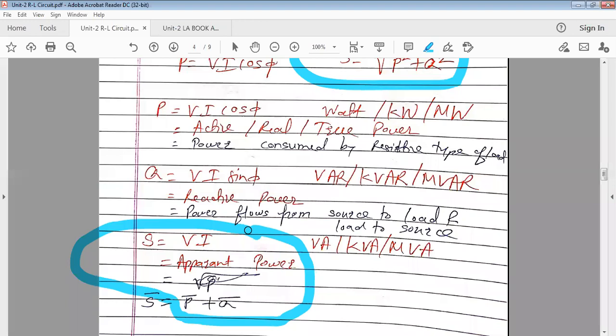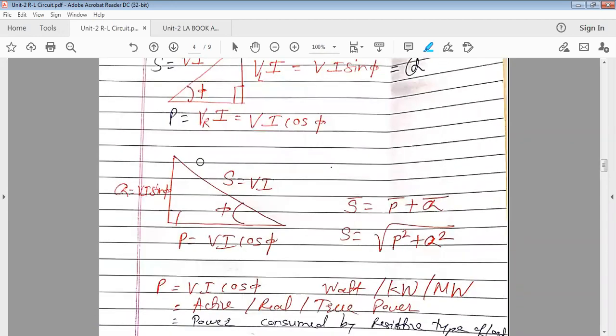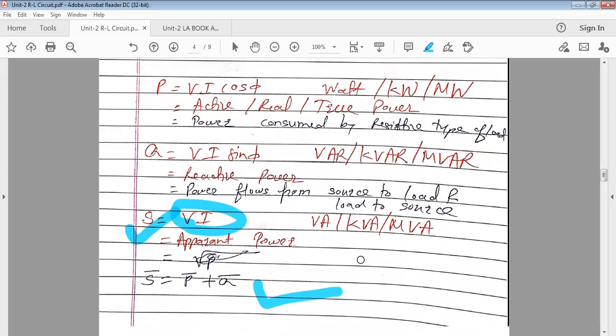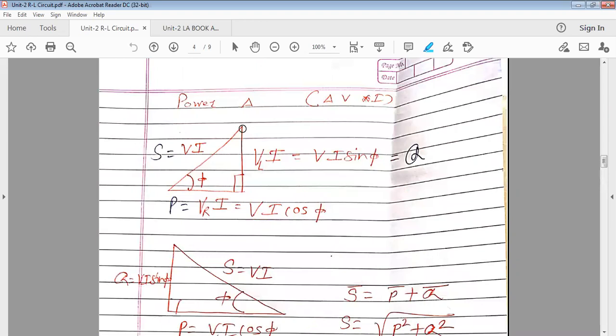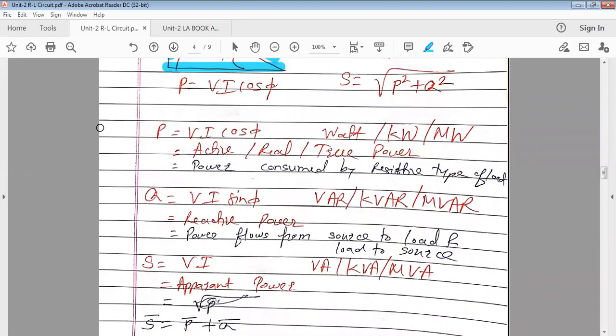Okay. And equation for this, capital S is phasor sum of P and Q, and its formula is V into I. See here what we are getting, S is equals to VI. Apparent power is denoted by capital S, and unit is volt amperes. kVA means into 10 to the power 3, MVA into 10 to the power 6, isn't it? So power triangle: first thing, if you multiply every side of voltage triangle by current, you will get power triangle. So P, active power, Q, reactive power, S, apparent power, VI cos phi, VI sin phi, VI, and units.